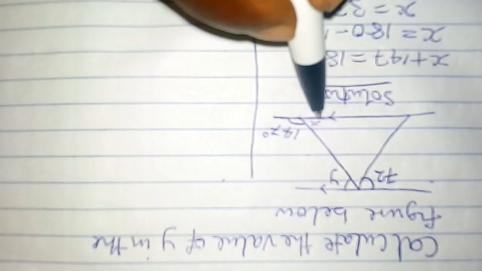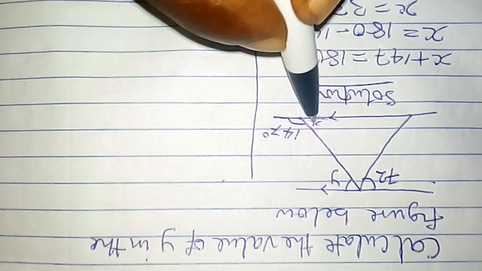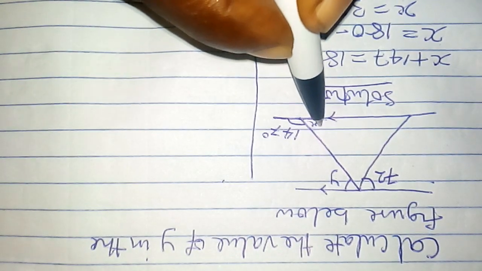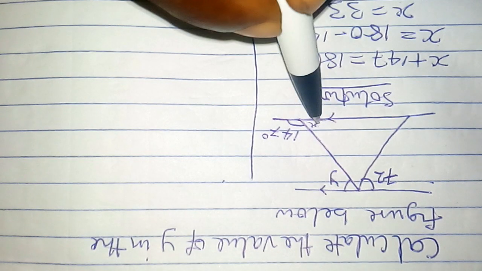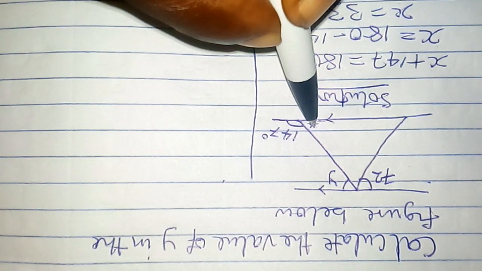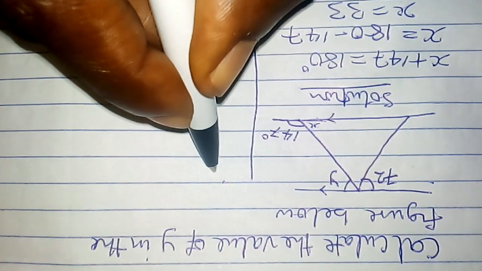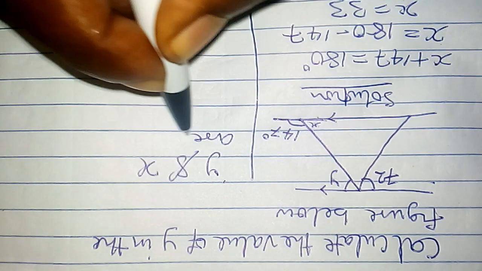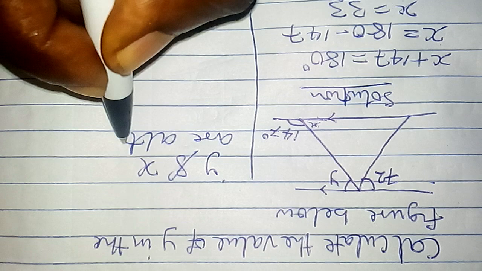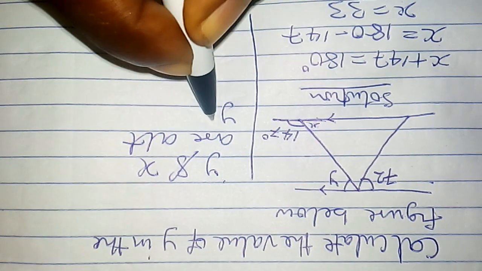So at this point now, we know that here is 33. This part of the angle is 33, and here this y and this are alternate angles. So it simply means that y and x are alternate angles. So it means that y is equal to